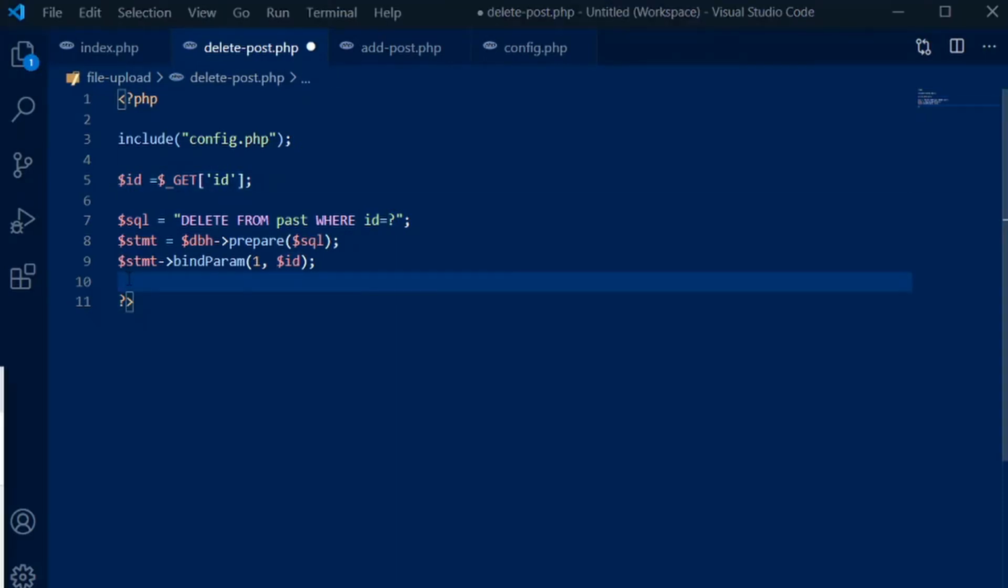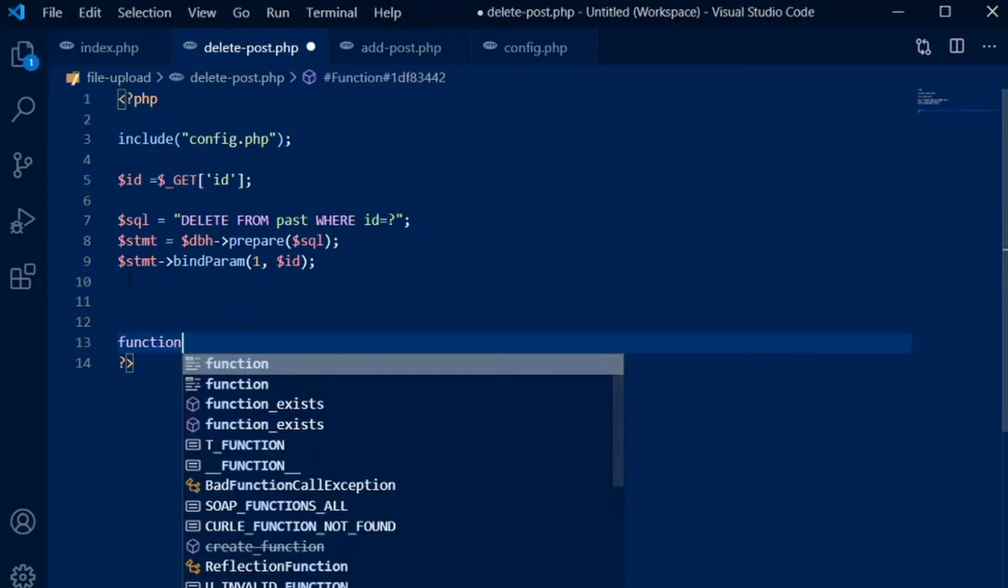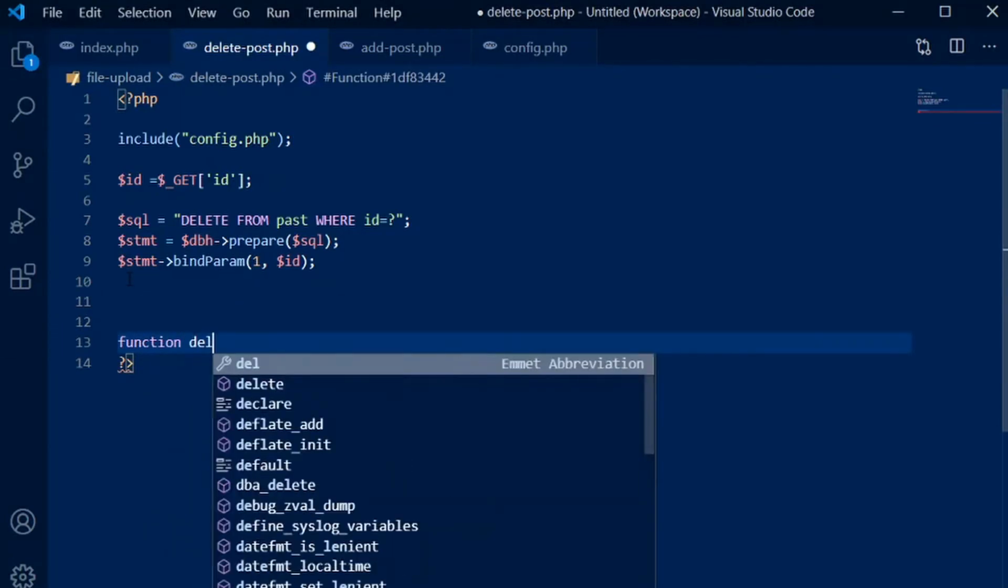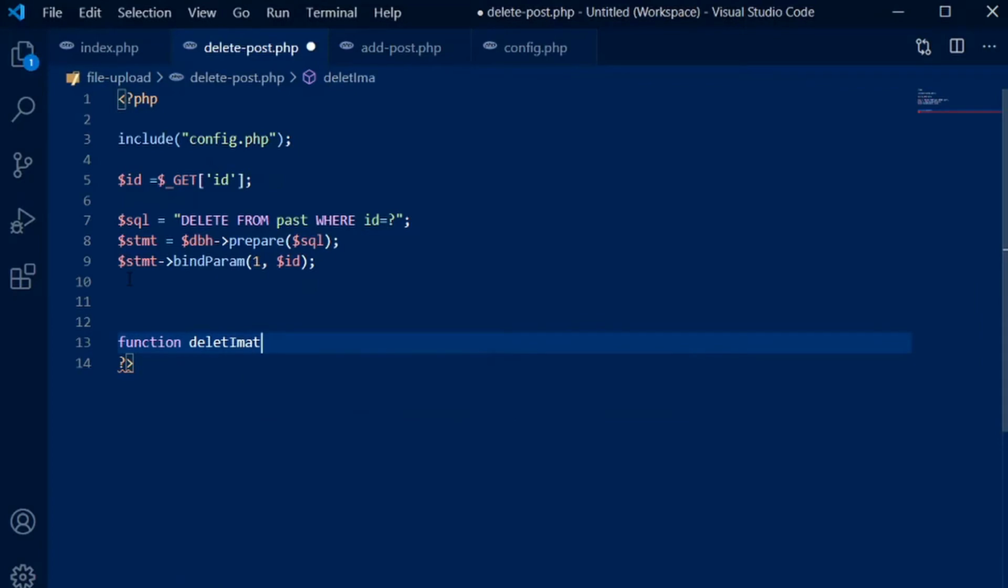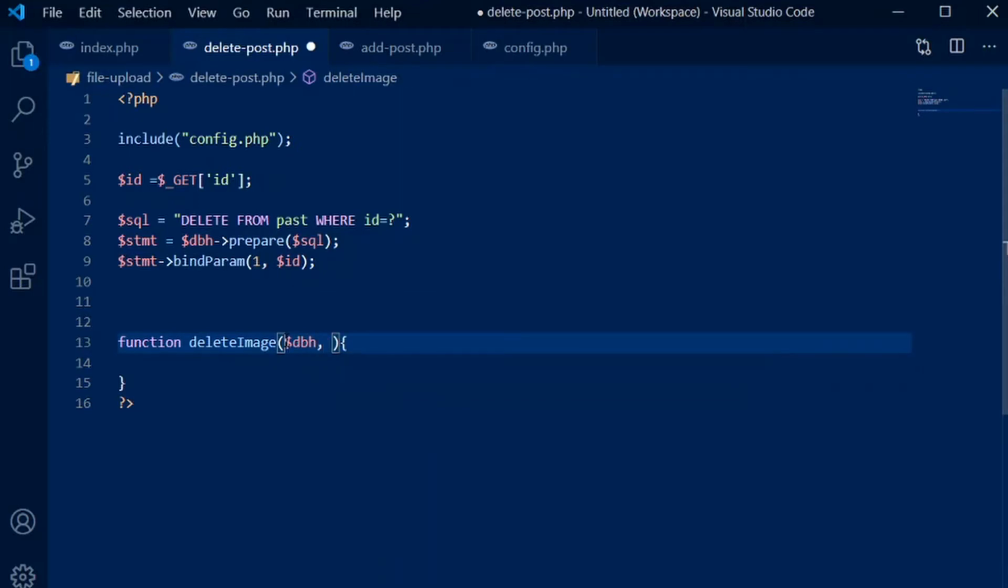Okay, next we are going to create a function delete image. Delete spelling is wrong, it doesn't matter actually. It will take two parameters. First one is dbas and second one is id, and in here we are going to make a sql query. Delete underscore sql is equal,